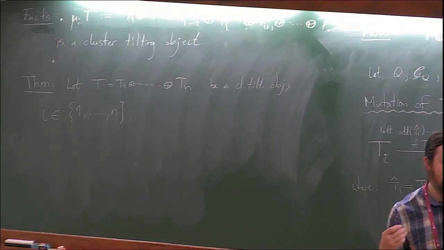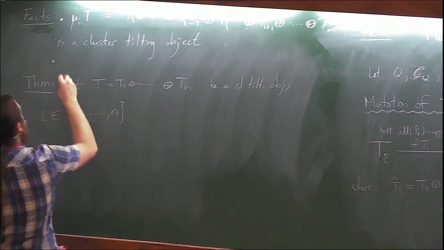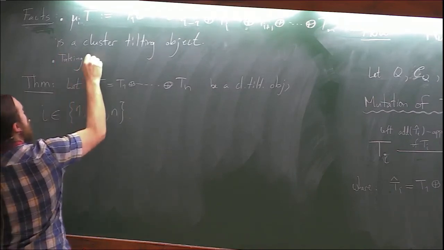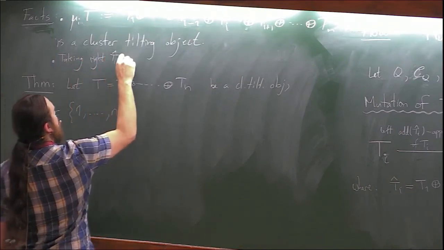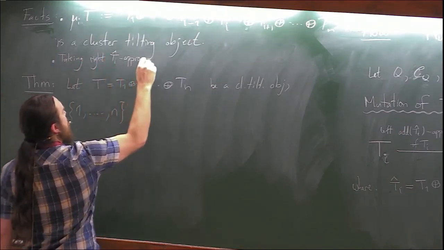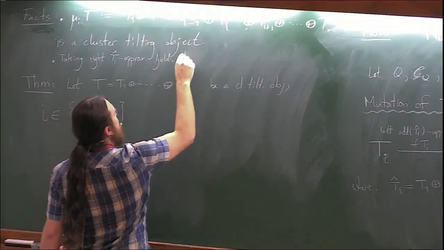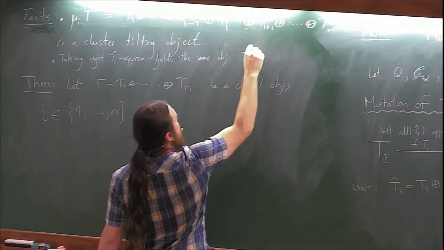And the fact is that you get the same answer in both ways. Yes. So taking right approximations yields the same object Ti star,